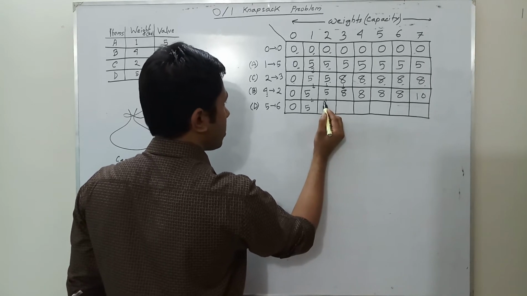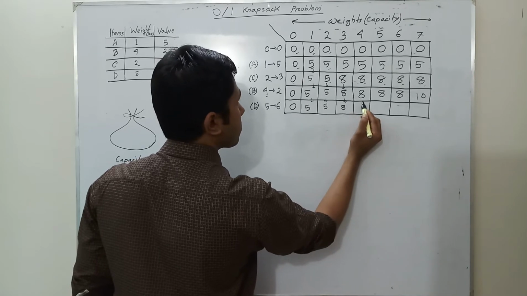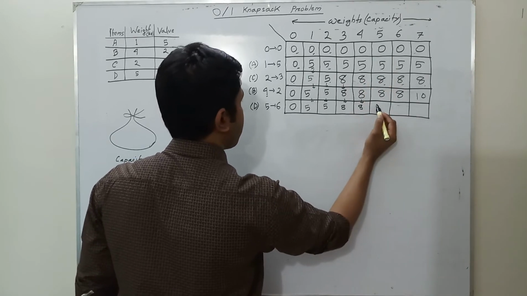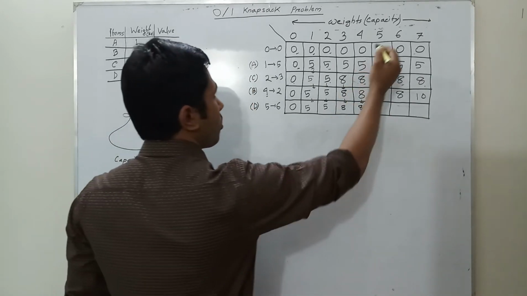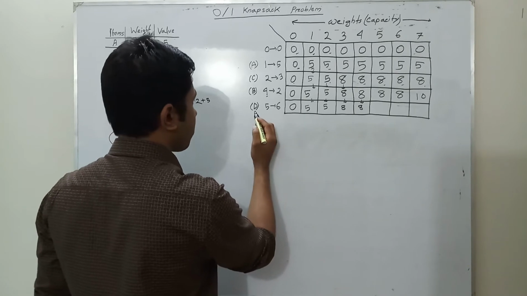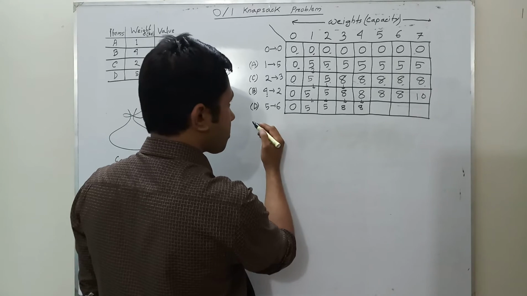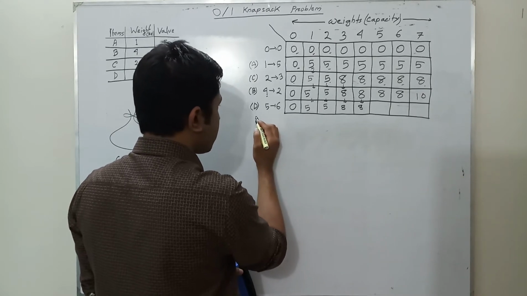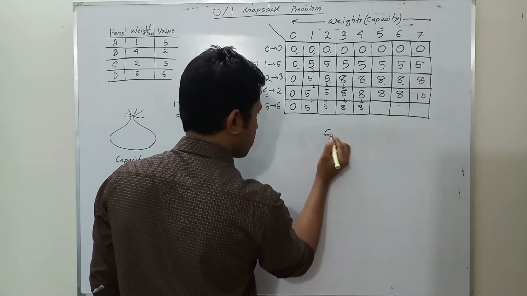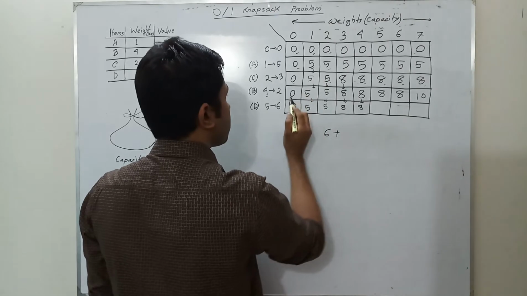Again for 2, it will come from 8, 4, 8, for 5. Now the capacity of the knapsack is 5, and the weight of the item D is 5, so I can use the item D. So after using the item D, the value will be 6 plus 5 minus 5, 0, this will point here